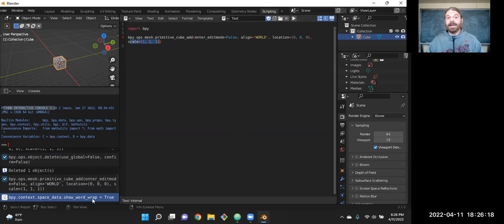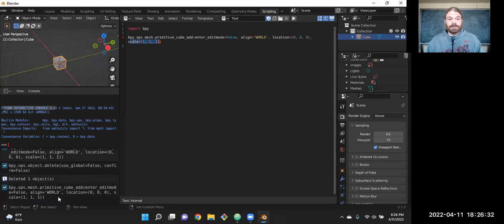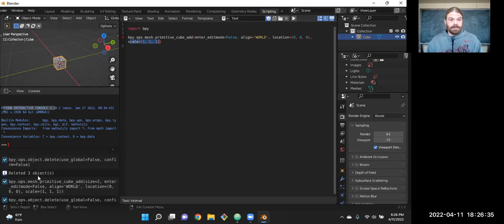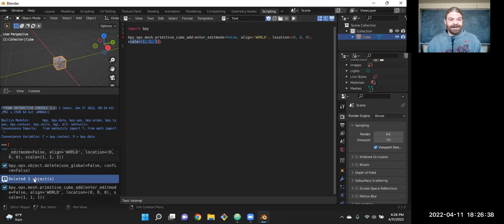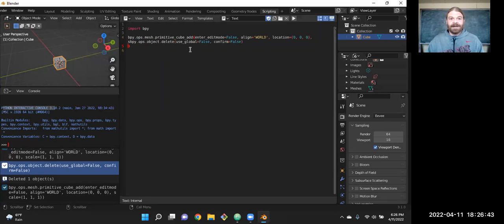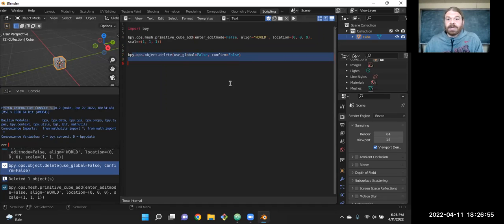So to learn scripting for Blender, one of the best ways to start is just to do the stuff in the view panel and then copy and paste that instruction. I didn't mean to cut that out of there. Copy and paste that instruction over here where you can look at it and see what's going on with it. Let me put that on a different line. Then you can look through and see what all those instructions are. So really it is just some Python code running.